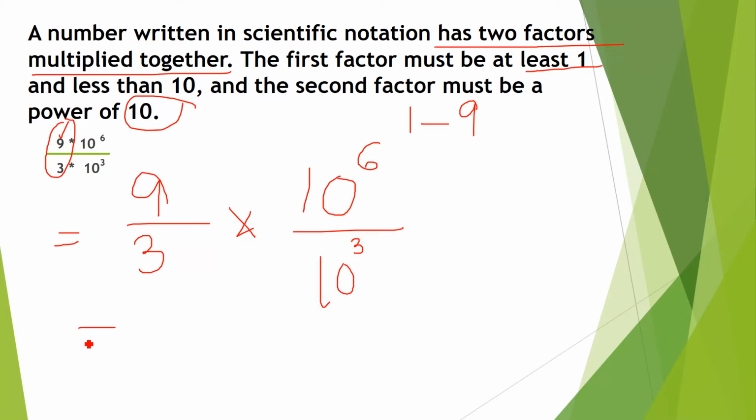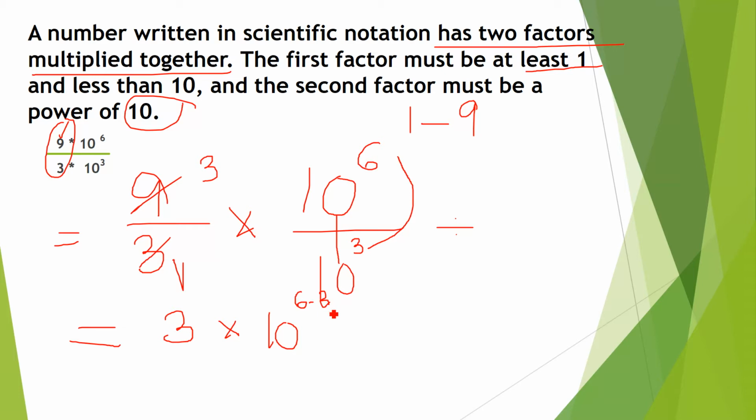So here we can simplify it, which is 3 1 times 3, 3 times 9 equal to 3, and the second part is 10 raised to power 6. See, here is the division sign. This line represents division and the base is the same. This is 10 raised to power 6, this is 10 raised to power 3. If the bases are the same, we can add or subtract the powers. So this power will go to the numerator. Now it is in the denominator. When it goes to the numerator, the sign will change. This is positive 3. In the numerator, it will be negative 3.